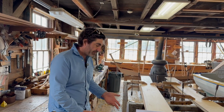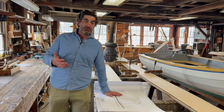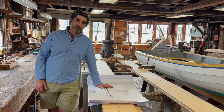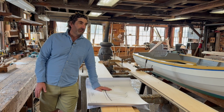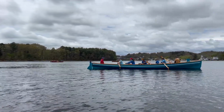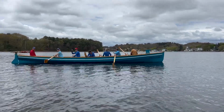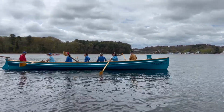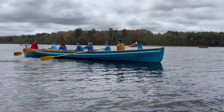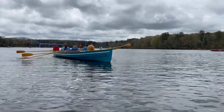However, we have certainly built boats just like this. We built a whale boat for Mystic Seaport, which was 10 feet shorter than this. We built a pilot gig for the Gloucester Gig Rowers, which was only 6 feet shorter than this. So we do have experience with this kind of thing, but this will certainly be our biggest build to date. And I don't want to say it erroneously without having done my research, but very likely the largest build